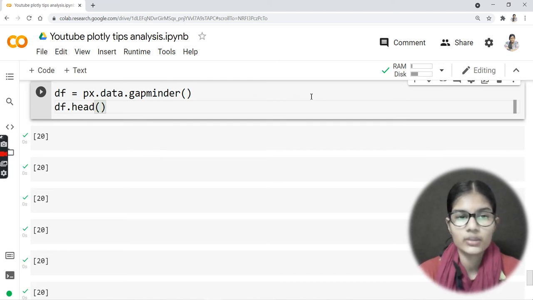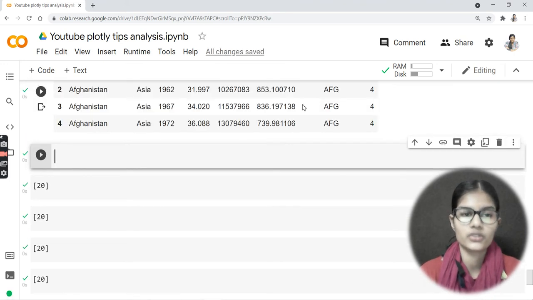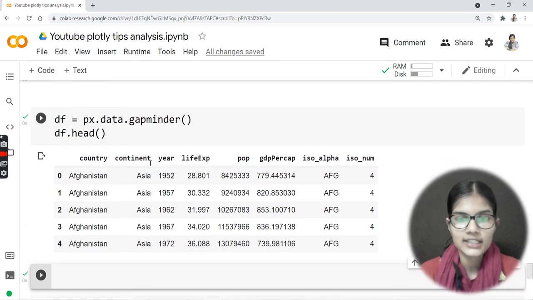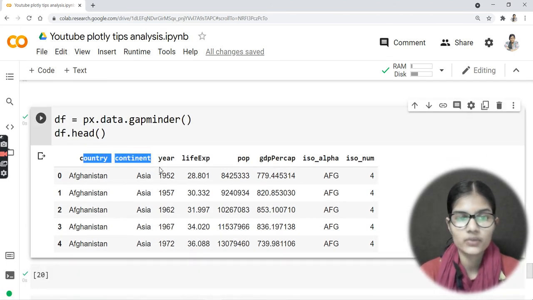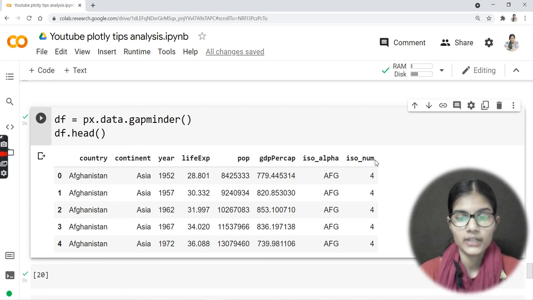So I loaded that data with the help of px.data.gapminder, and now I'm checking the columns it has. So I printed the head. These are the columns: country, continent, year, life expectancy, population, GDP per capita, iso alpha, and iso num. These are the columns I have in this particular data.